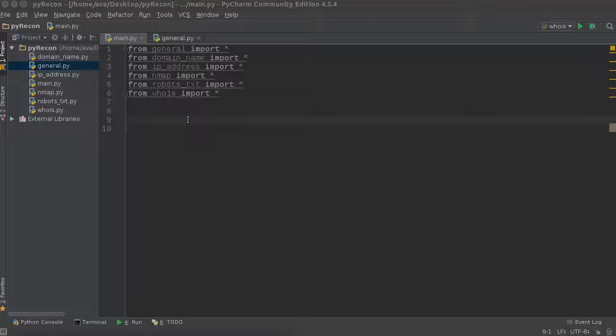Alright guys, welcome back, and the last thing that we need to do for this program is, now that we have all of these individual tools created to find the domain name, IP address, nmap, robots.txt, whois, I'm just going to make a single function to run all of them at once. So then all the user has to do is pretty much give it a URL and hit run,